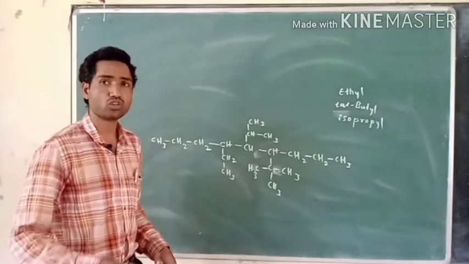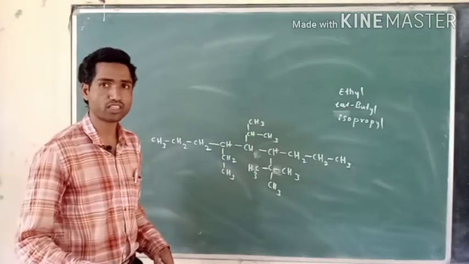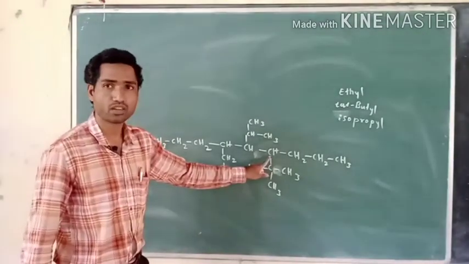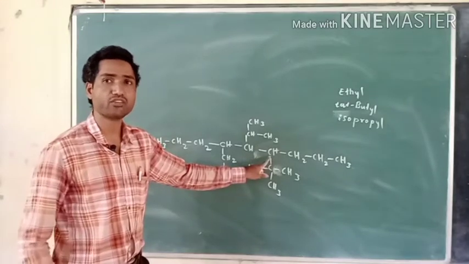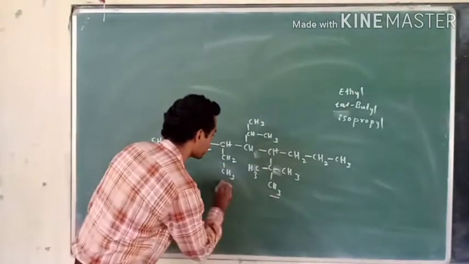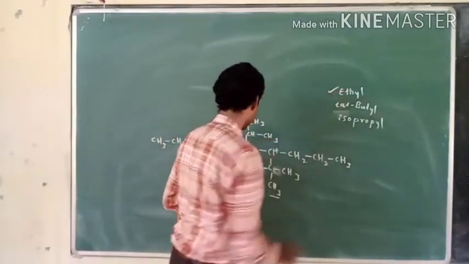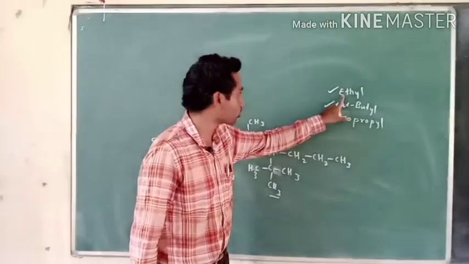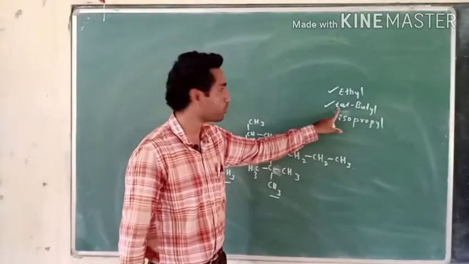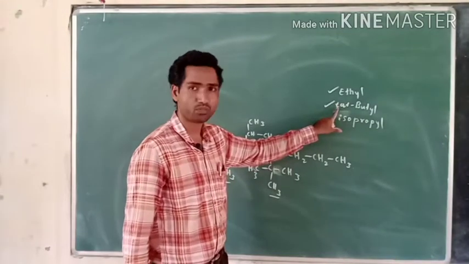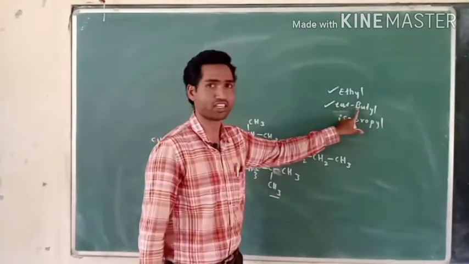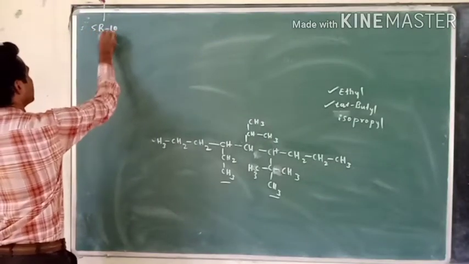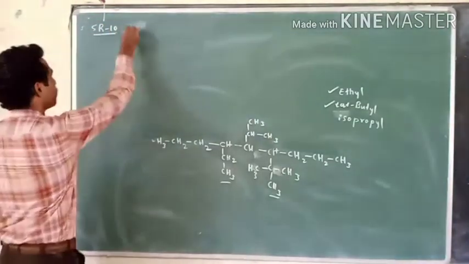So the rule is, if there are 2 different substituents at the equivalent position, then number the longest carbon chain such that the least number should be given to the carbon bearing the substituent which comes alphabetically first. Of these 2 substituents, ethyl group and tertiary butyl group, which comes alphabetically first? E is the first letter of ethyl group. So here the confusion starts. Tertiary butyl, whether I have to take T as a first letter or B as a first letter. So for that the rule is subrule 10. What does the subrule say? While writing